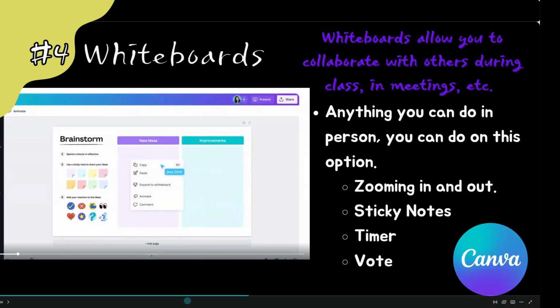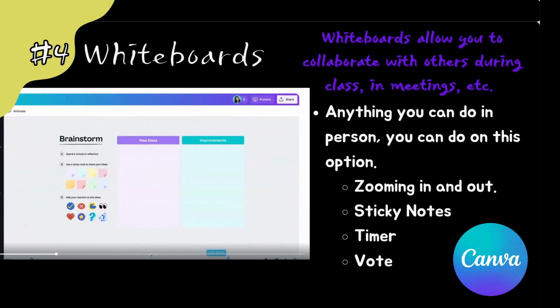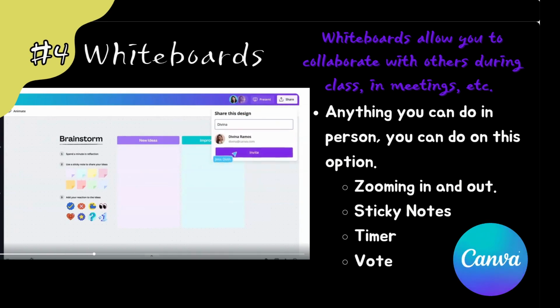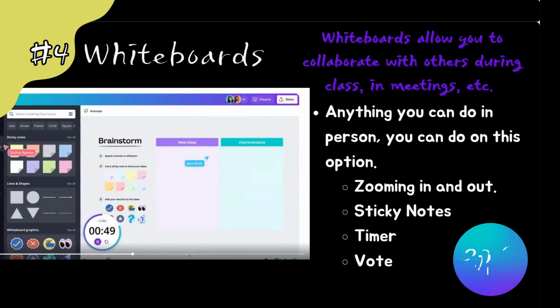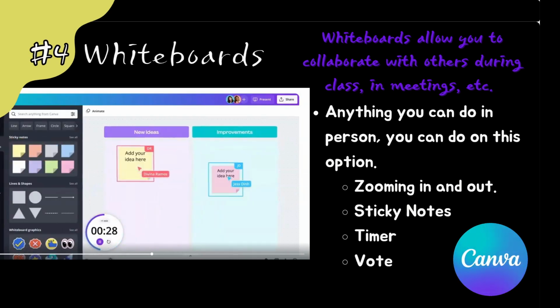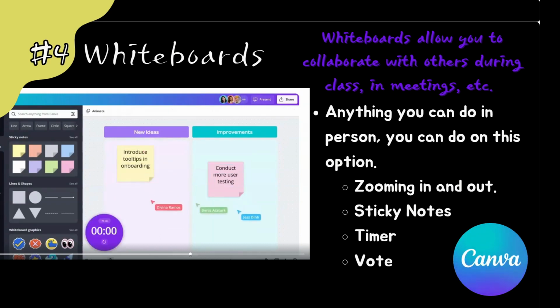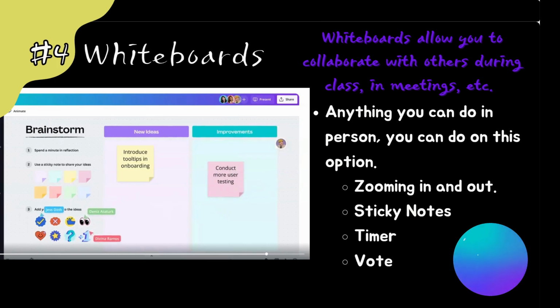You can see here's a brainstorming template that they're using, and you can zoom in and zoom out. You share this out by typing in your teammates, or copying a link and sharing that out through an email. You can see the timer option that is embedded. You can pull over those sticky notes and your people can collaborate and even vote on different ideas. So all kinds of new things that you can use.